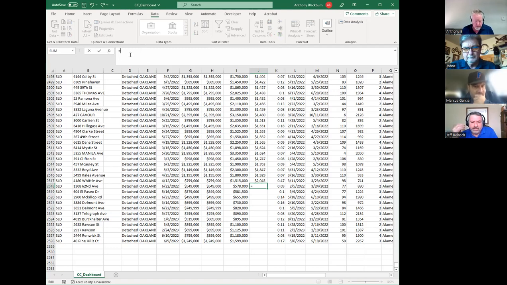Equals I2518 divided by O2518. That was it. So you have to put the equal sign in there. That tells Microsoft Excel that it's a function. So it gives me